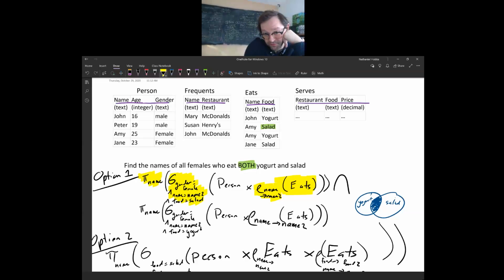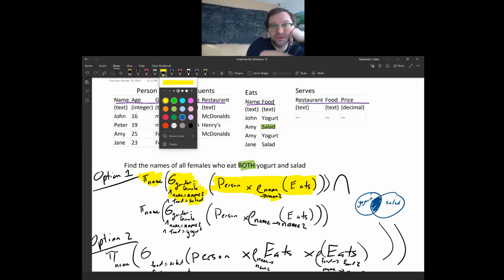So after that's been evaluated, then this cross multiplication, which takes two arguments, A cross B. Here, person is A, B is a renamed eats. After that is computed, then the select eliminates certain rows, then the project is applied lastly. Similarly, the same thing is going to happen